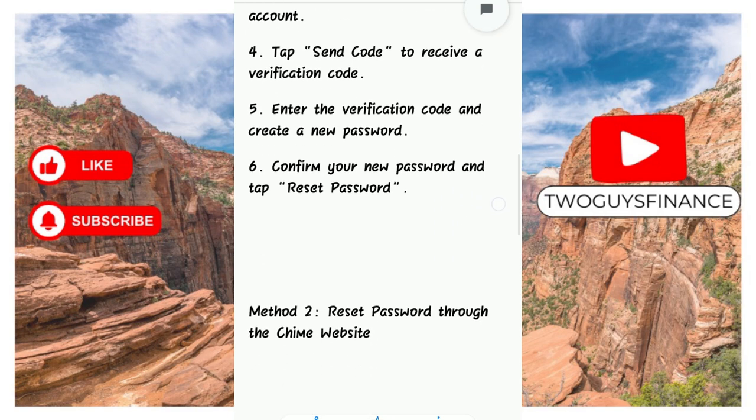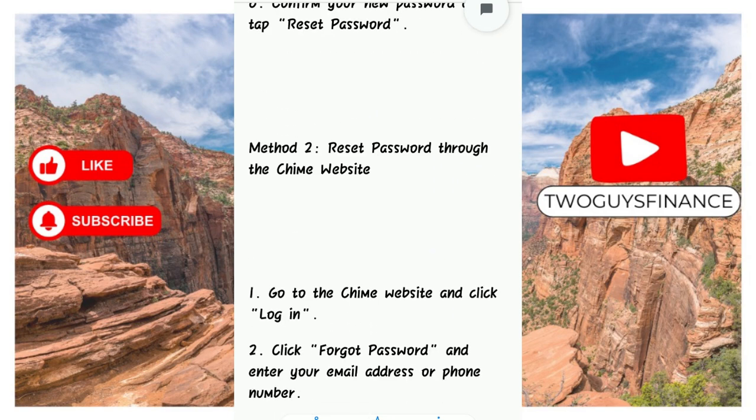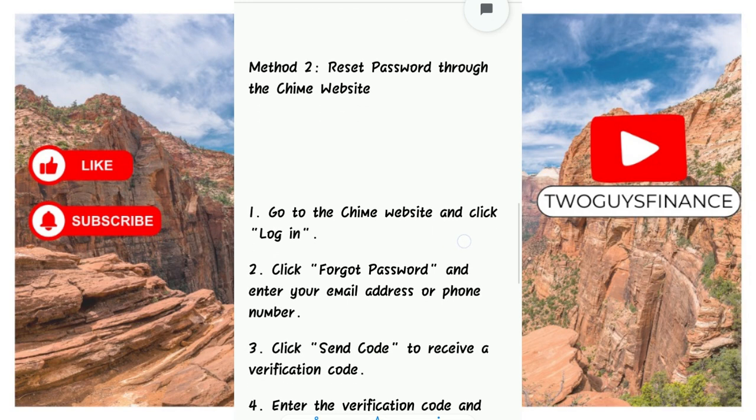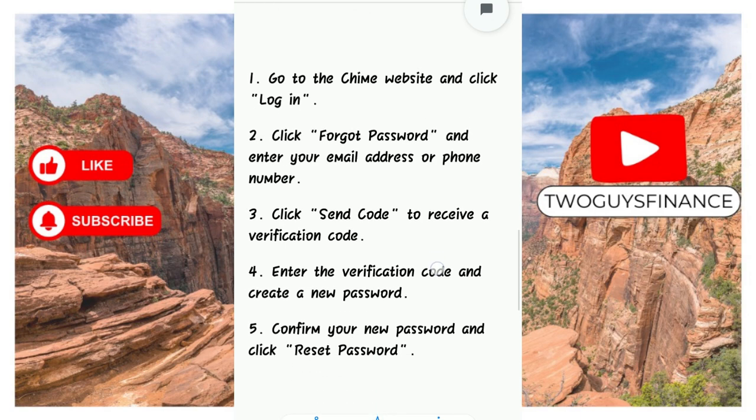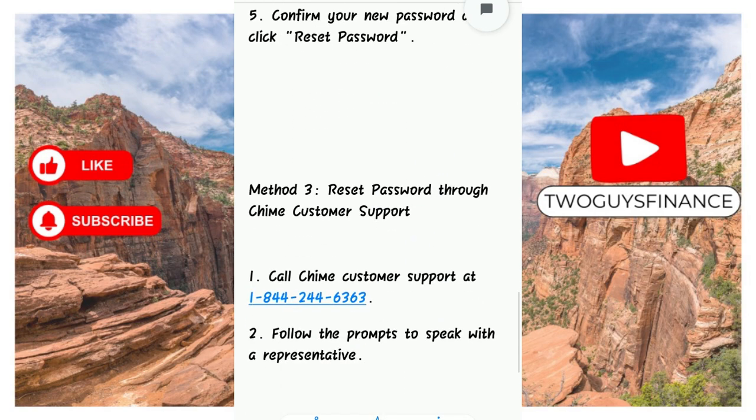Now the second method of course is to reset that password through the Chime website. So first you want to log into the Chime website. Click login, then you gotta click forgot password and enter your email address or phone number. Click send code to receive a verification code. Now you gotta enter the verification code and create a new password. Then confirm your new password and click reset password. That's it, it's done. Now the third method, in case the other two fail for some reason, you can also